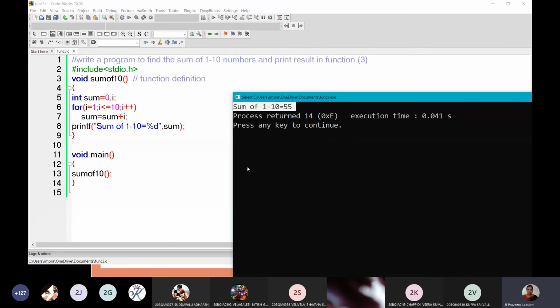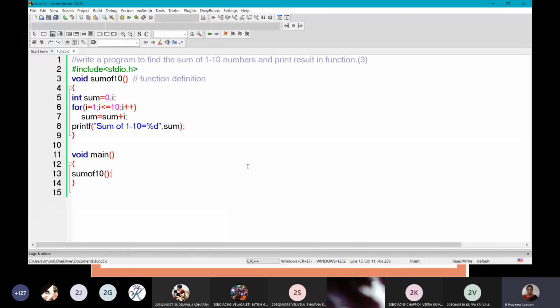Okay, I'm just making changes in this for the fourth type. Return result to main. Okay.